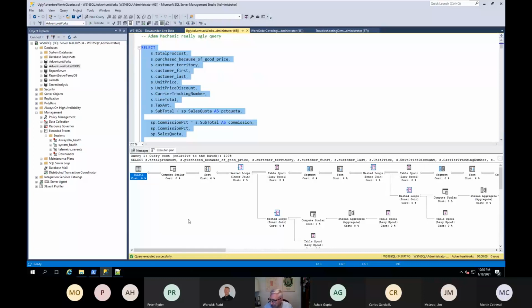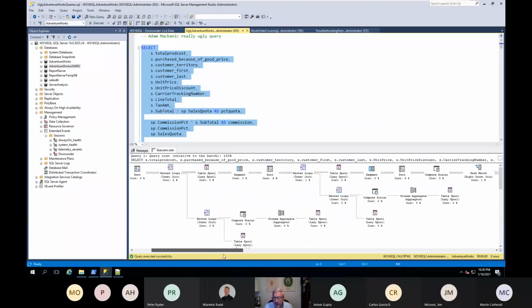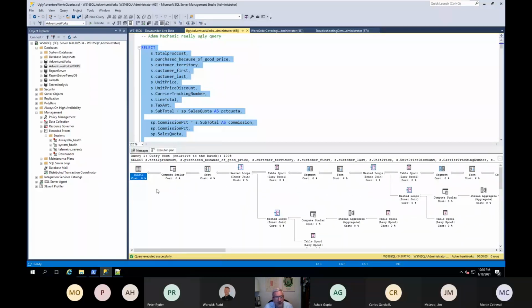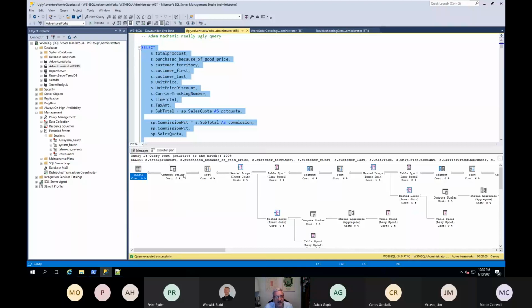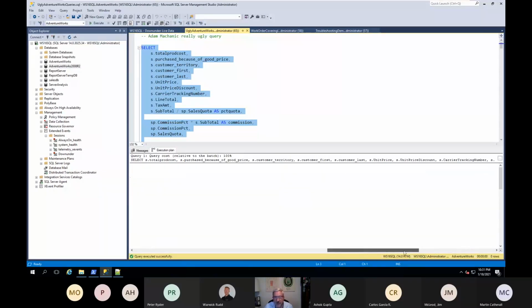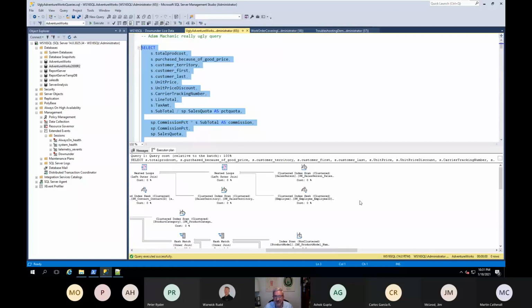Now, there's that whole conversation about, do you read right to left or left to right? SQL Server says, okay, I've got this select. What do I need to do to satisfy the select? Well, I need this scalar operation. That scalar needs this sort operation. That sort needs this nested loop to join together. Yeah, okay. I always start from the right because that's the source of the data.